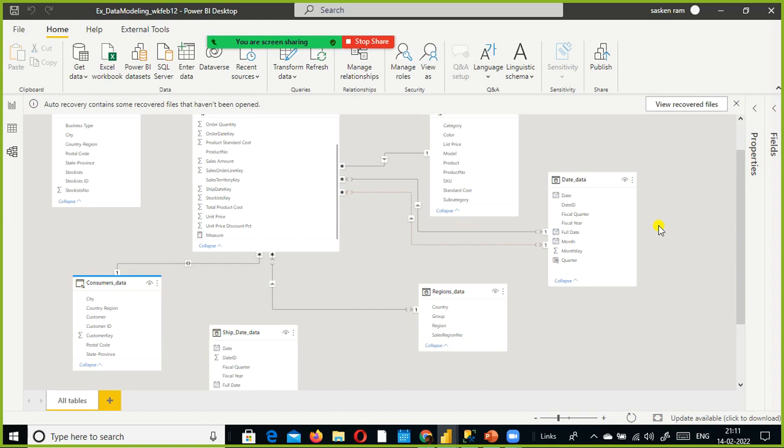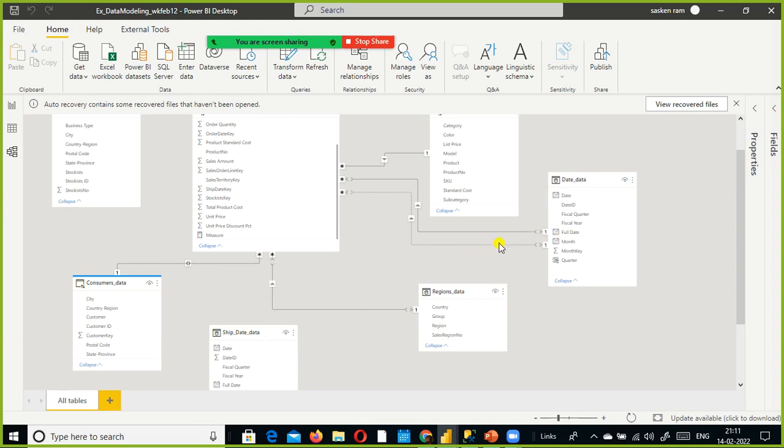The other option is you can use something called role playing dimension. What do you mean by role playing dimension? Simply copy paste this, duplicate this date table. When you duplicate this one, obviously both tables will have the same data in them.